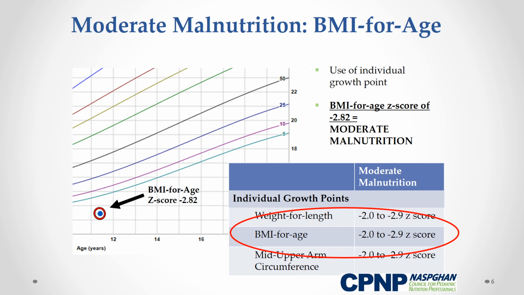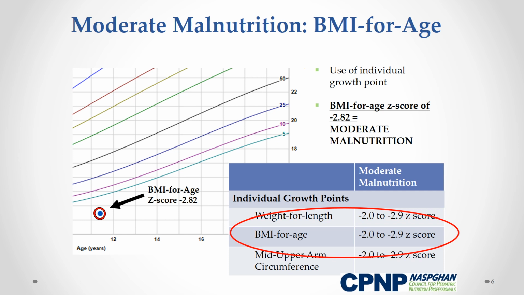This is an example of using an individual growth point to identify malnutrition. There are not any previous anthropometrics to assess, so the use of growth trends is not an option for this patient at this time. The BMI-for-Age Z-score, as noted on the slide, is 2.82 standard deviations below the norm, meeting